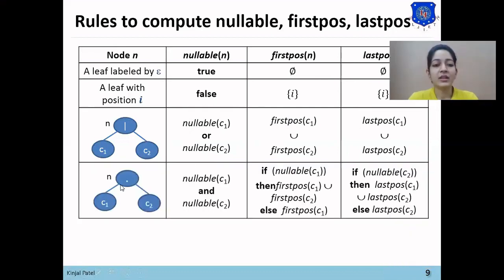Now the third node is the concatenation node. So the concat node will have 2 children. The nullable of the dot node will be nullable of C1 and nullable of C2.